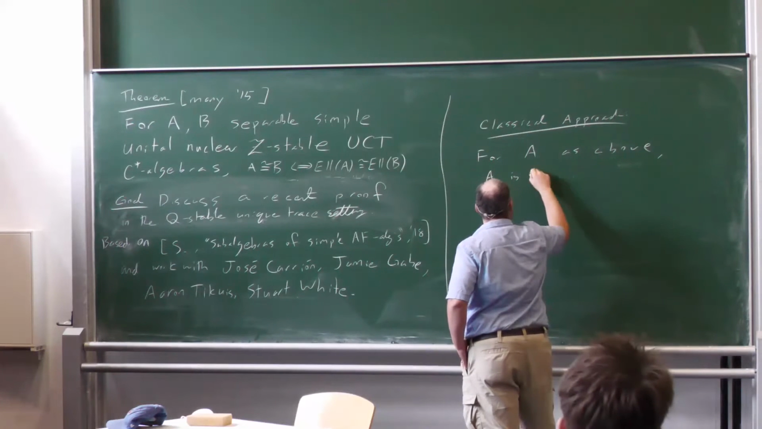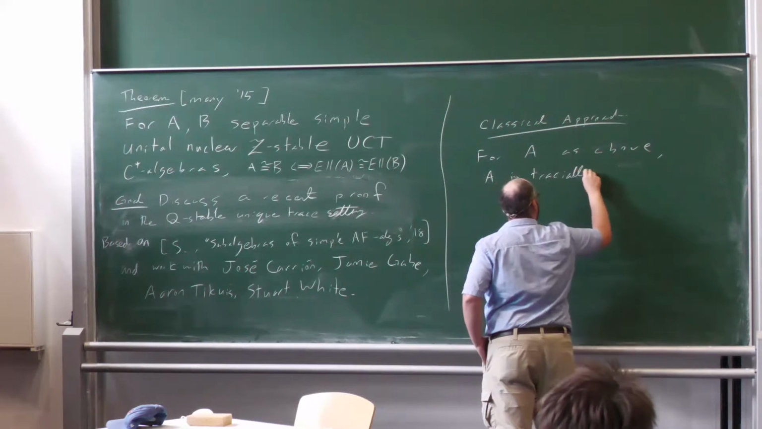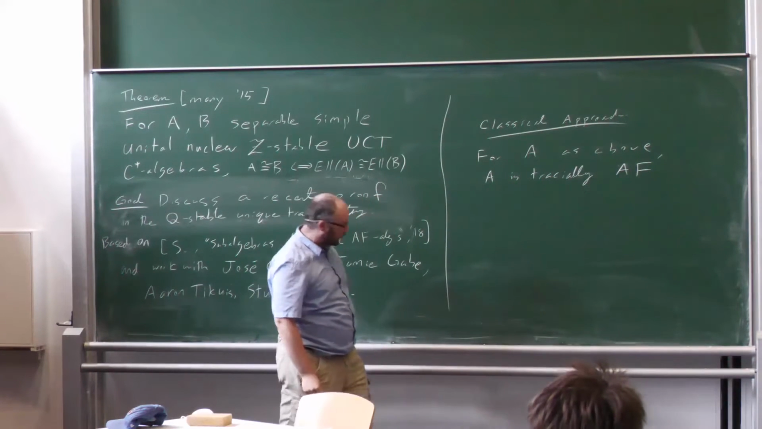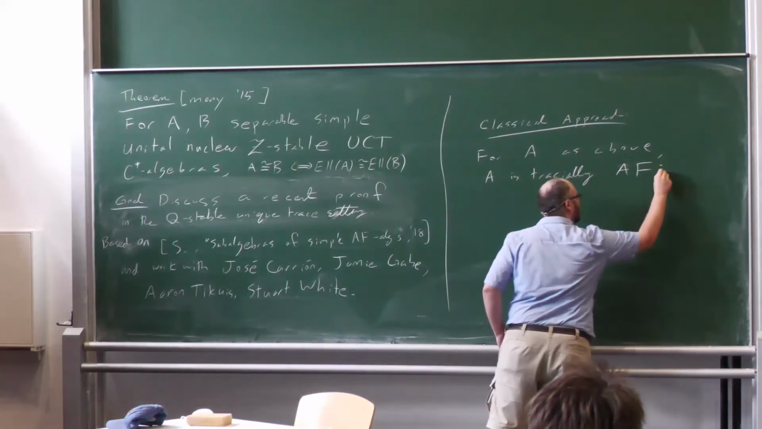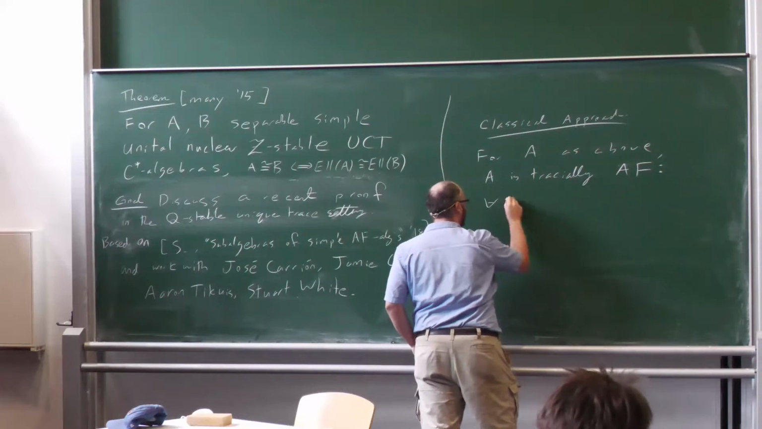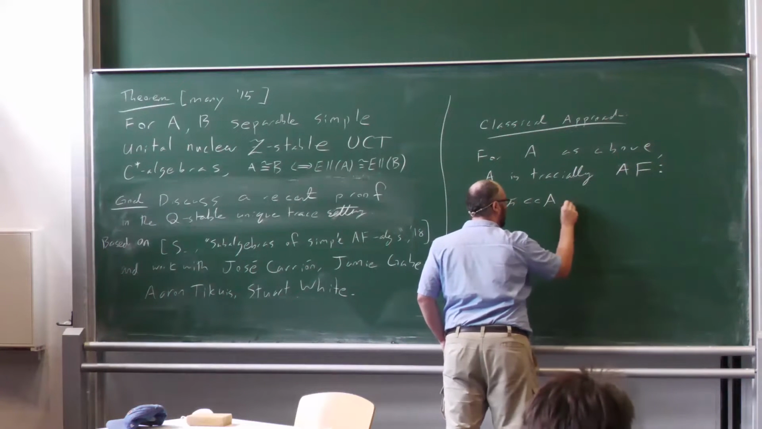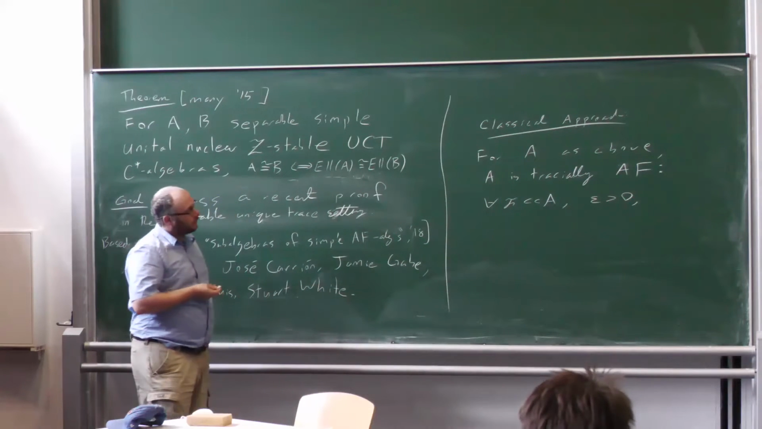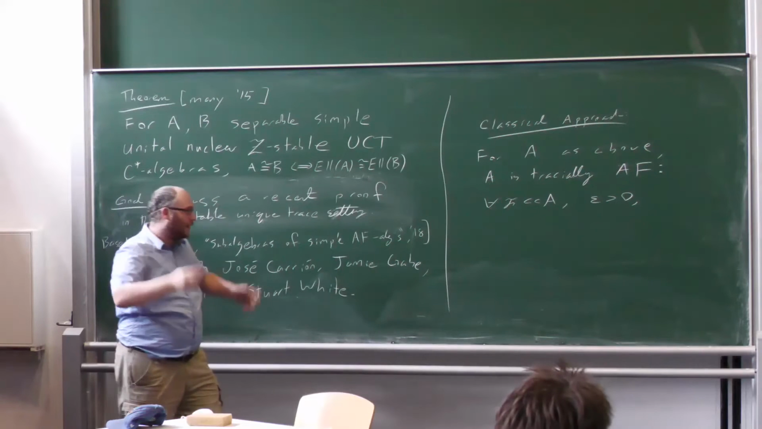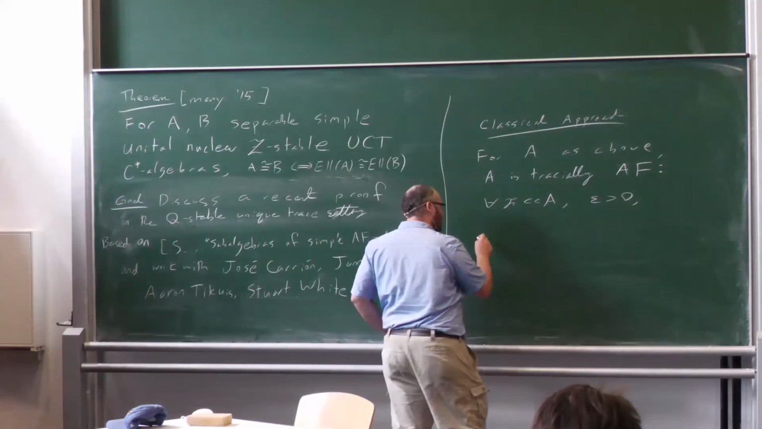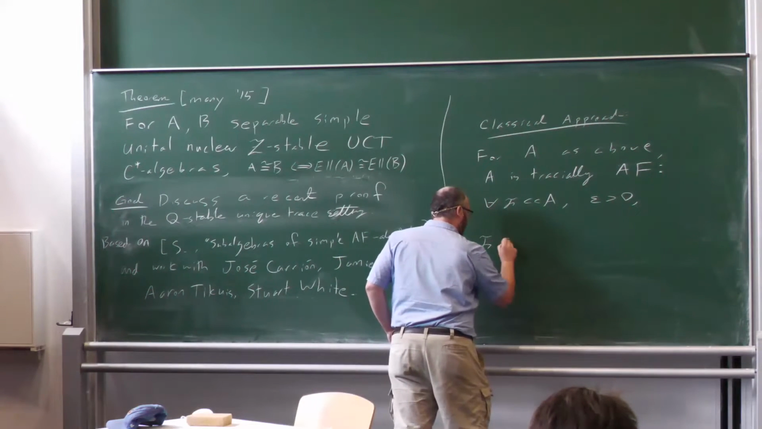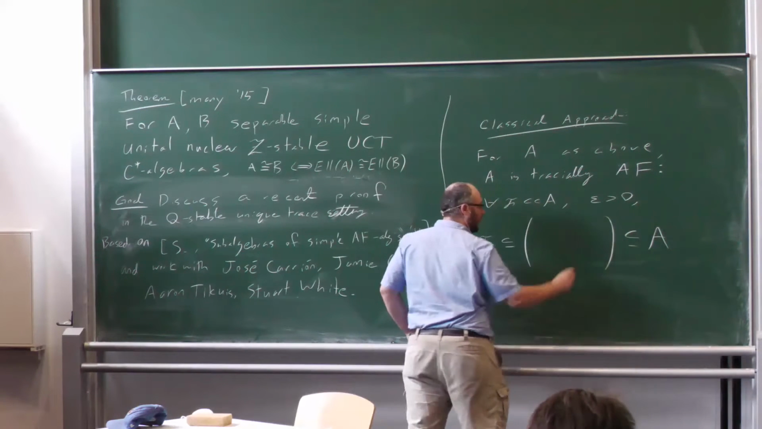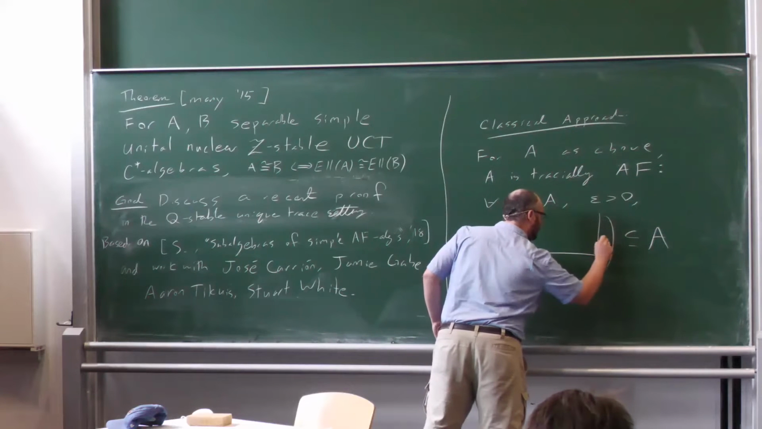A is what's called tracially approximately finite dimensional. So it's a tracially AF C star algebra, meaning that for any finite subset of A and for any epsilon positive, in some sense, locally, A will look finite dimensional up to some tracial error. So this finite set is almost contained in a certain subalgebra of A, which has this form,